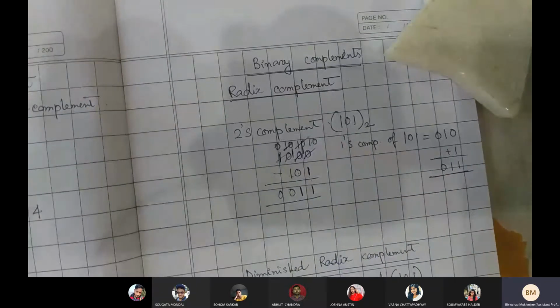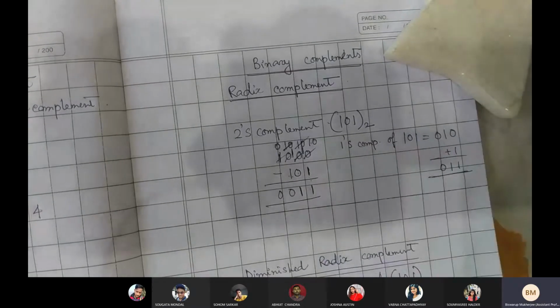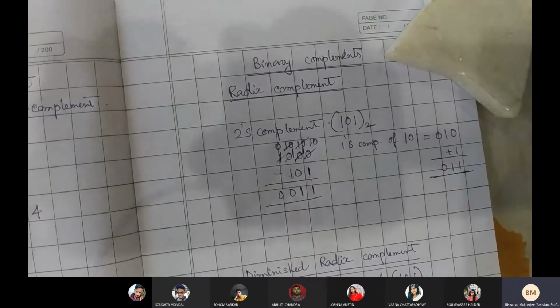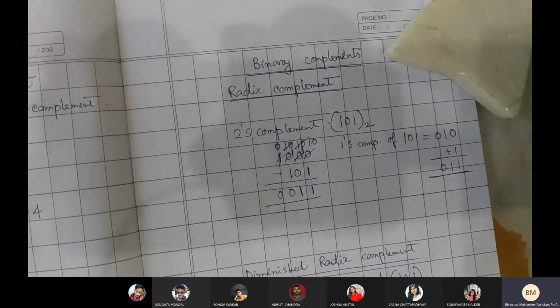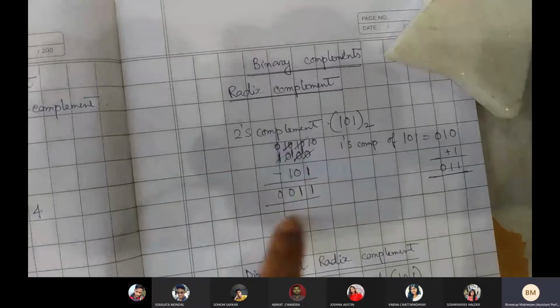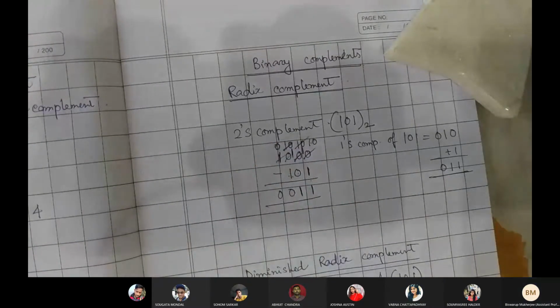Okay, but instead of that subtraction process, here I can make it with this process. We can do it with this process. Is that clear, this one? So always keep it in mind that whenever you want to get the 2's complement of any number, make sure you find out the 1's complement, then add 1 with that. That would be easy to find out the 2's complement. Is that clear? Is that subtraction clear?